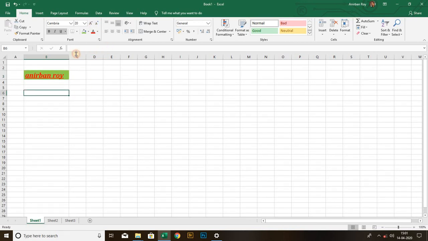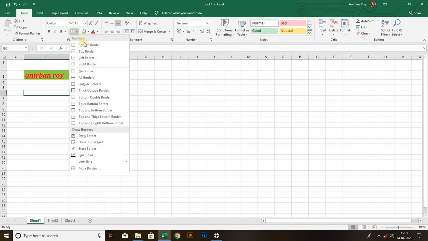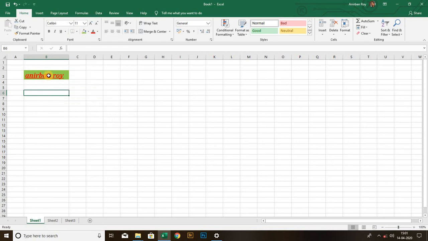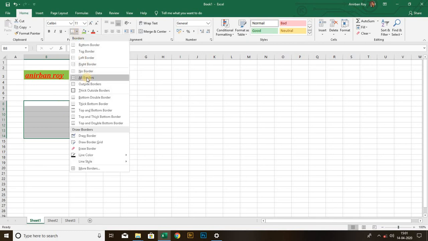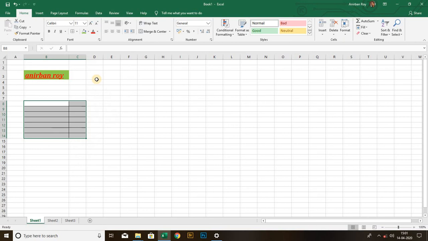Now this is about the borders. Let me select the sales portion, and then I just put all borders.